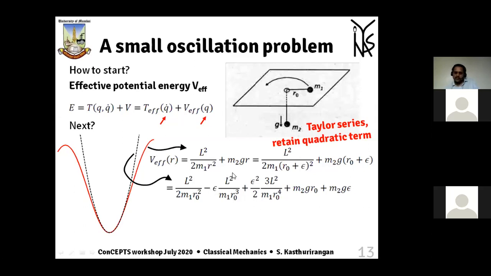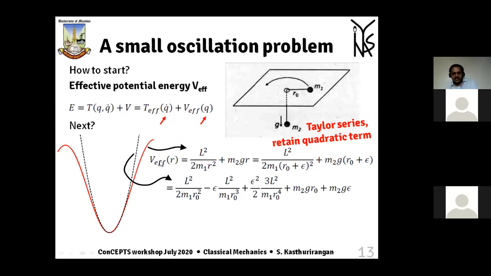In magnitude they are equal. Epsilon comes out, and whatever is inside the bracket cancels completely. And so the only term you are left with is the third term. First and fourth are constant and can be shifted out. Second and fifth will cancel each other. So only the quadratic term actually survives as a dynamical term, which will describe the dynamics of the system. The rest of them are just additional terms which go away when the equation of motion is computed.